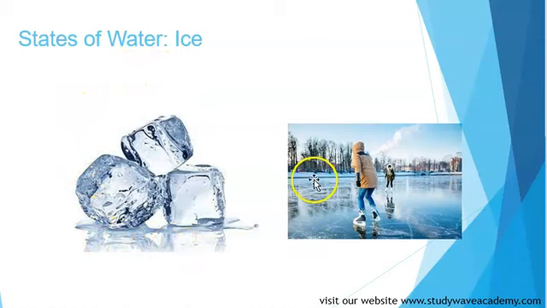And this is also called ice. This is where we skate. When the lake is frozen, they skate on the ice. And this is also called ice. This ice, we can put in our drinks, our juice, to make it cold. When water is put inside the fridge, it becomes a block, and it's called ice.